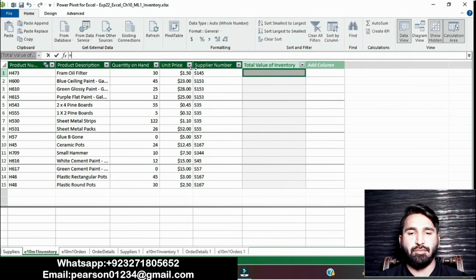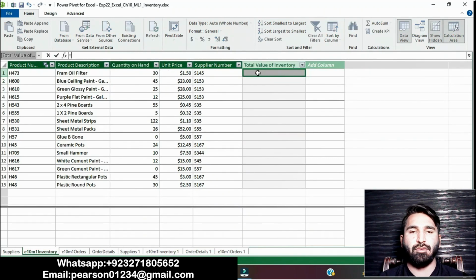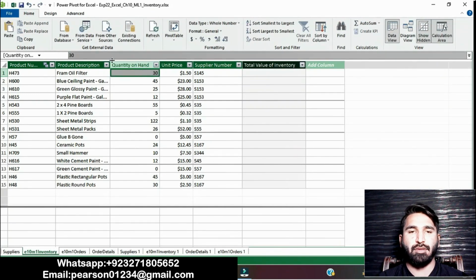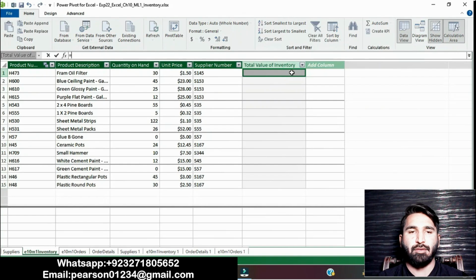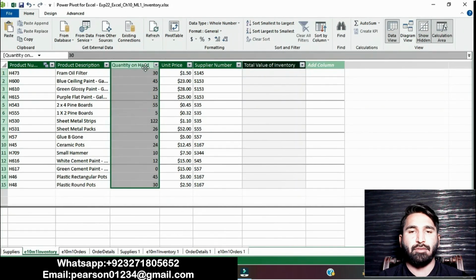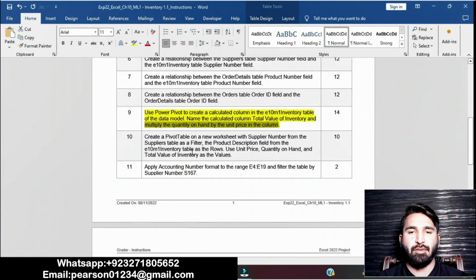Then select quantity on hand, equal to, multiplied by unit price in the column.